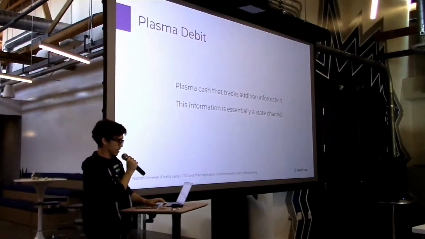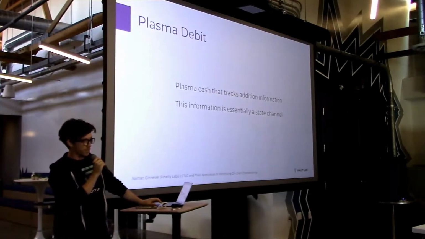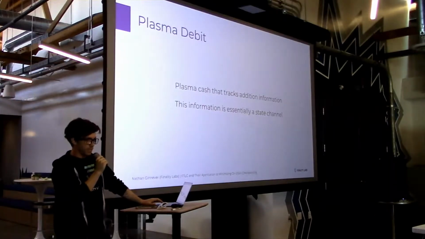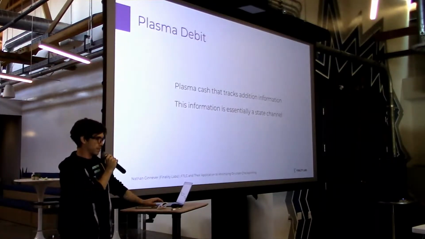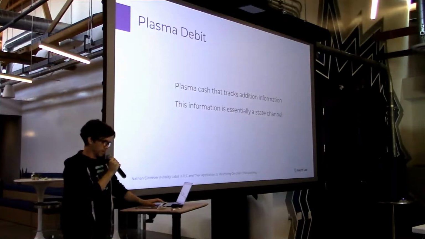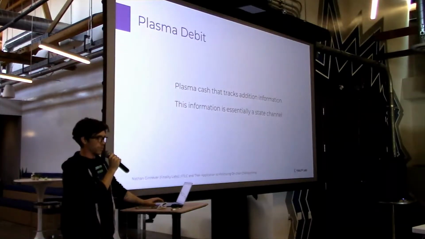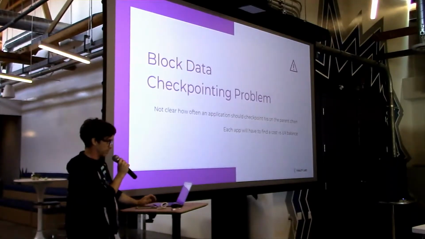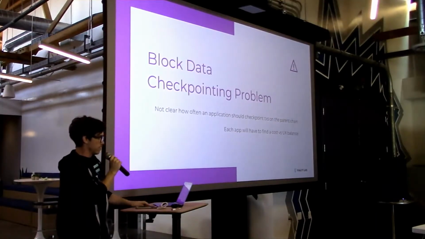But the operator checkpoints some things, and that's kind of the difference between Plasma and state channels: the operator will checkpoint some data, where in state channels the operator never did that. The operator was just using hash locks to forward funds. But if you can make them attest to a few things, you might be able to do some interesting things.